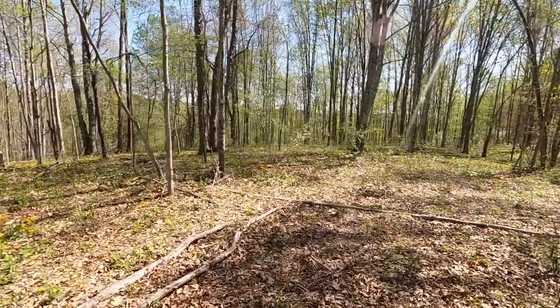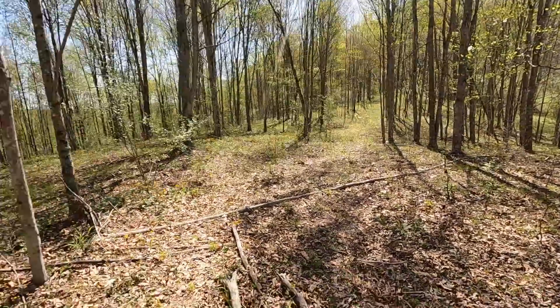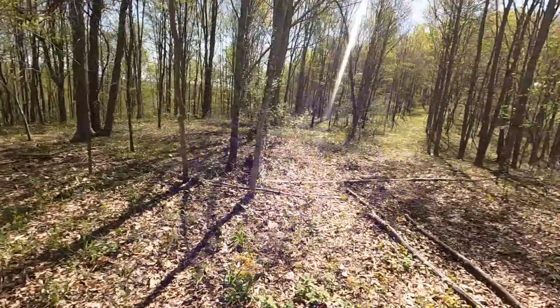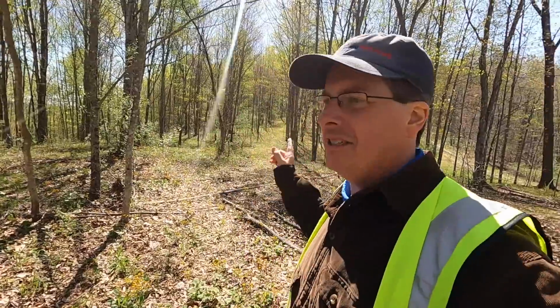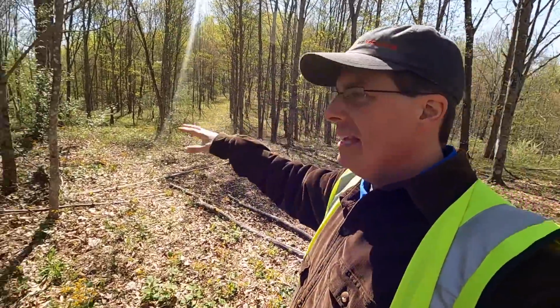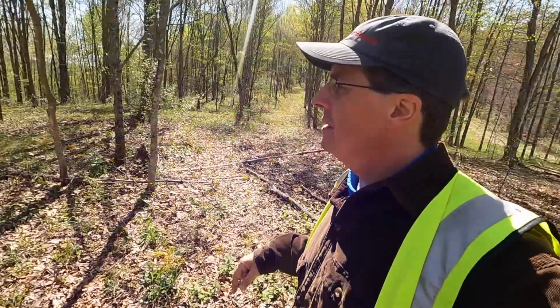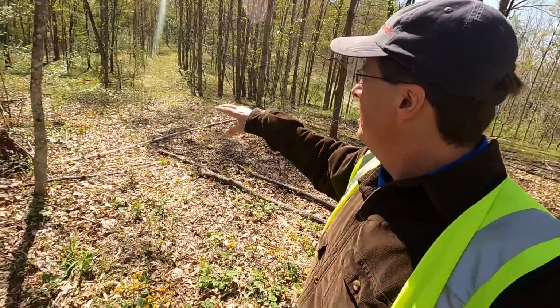Okay, so here, even the cemetery road continues. There's a little branch off of it to get right down to the gravel road, but this was probably the original cemetery road that ran the spine. So that's not an easement. As long as there's access to the cemetery, then you could do anything right here. And man, I tell you, this would be the place that I'd build a residence. I'd jump all over this, because you've got